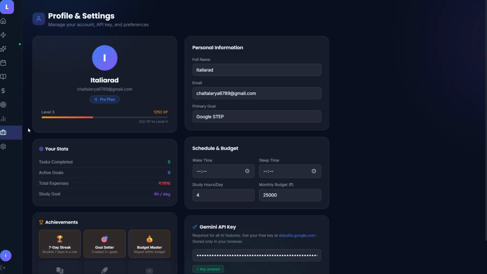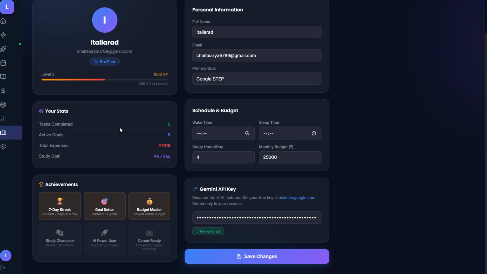So this is the profile. In this, your API key is not going to show to me. It is your own personal API keys, your own personal information. I have no such database that I can log into and see what information you're putting in. So here is just the name.